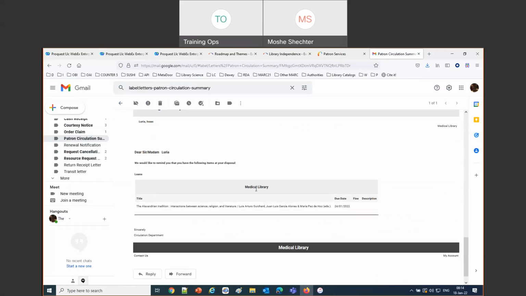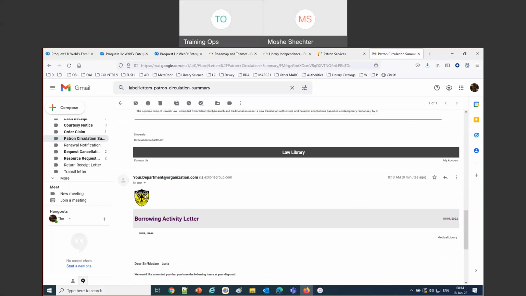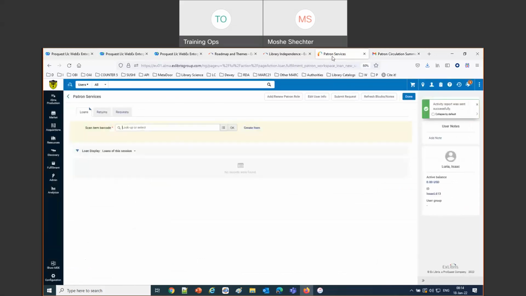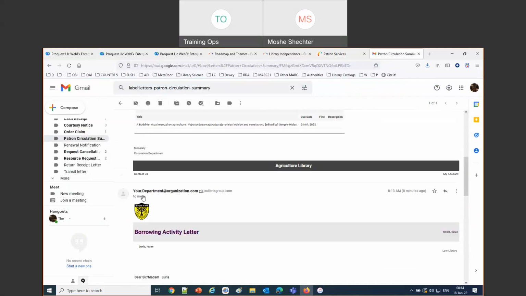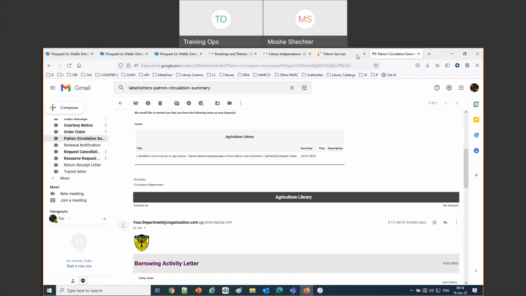Now, we're going to show how we can make separate logos. This is the institution logo that we're looking at here. If I come into Alma, here's my institution logo. That's the same logo we're getting on each of these three letters. Now we're going to show another new development, which includes the option to add different logos. Then we're going to go look at the PowerPoint to sum everything up. I'm just going to take a look at the chat and see if there were any questions or comments. I don't see any questions or comments there.